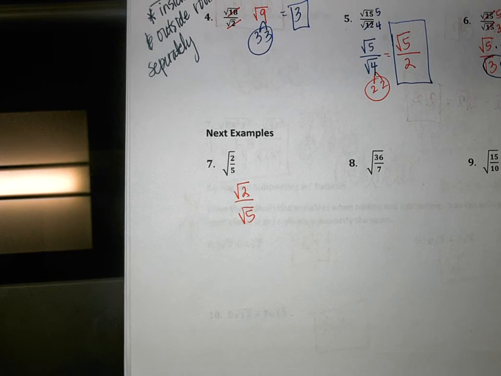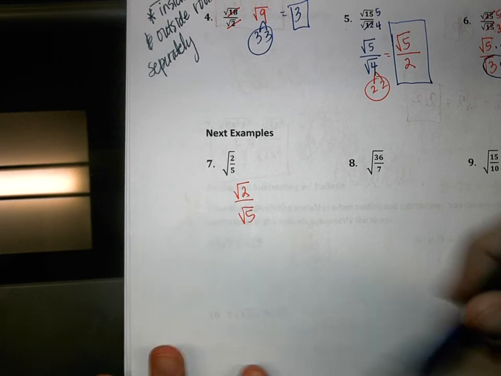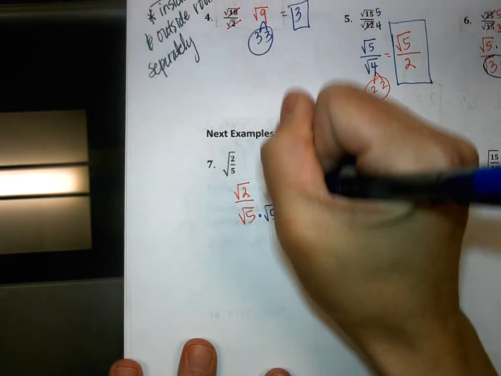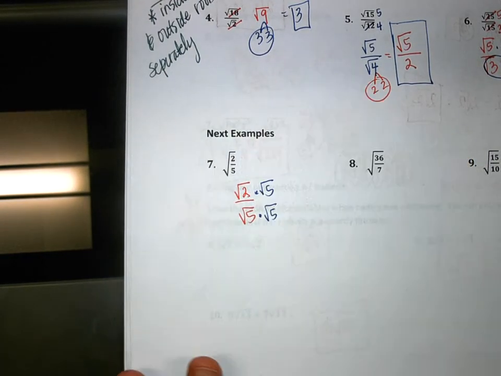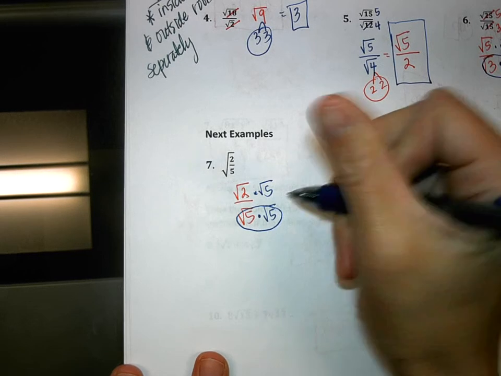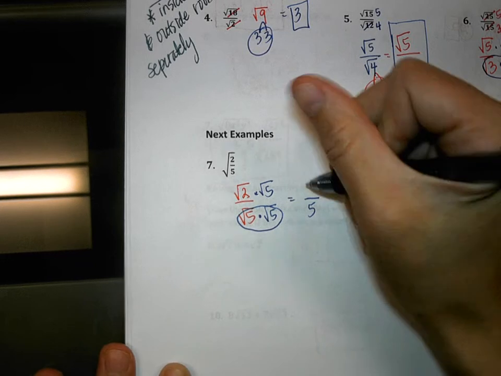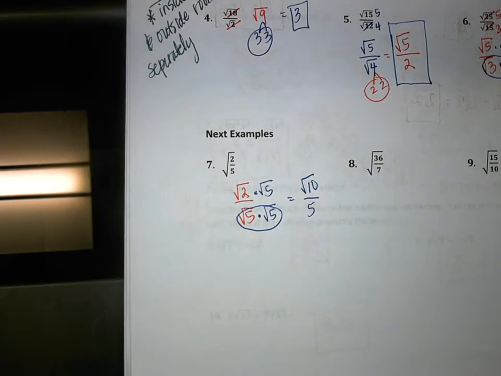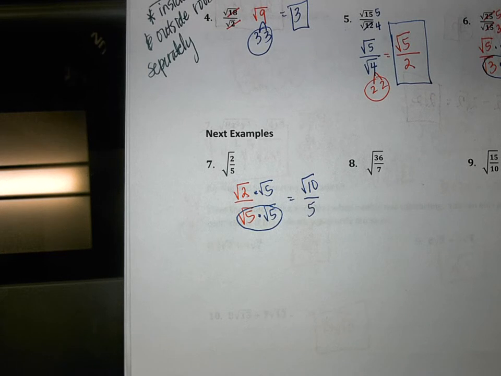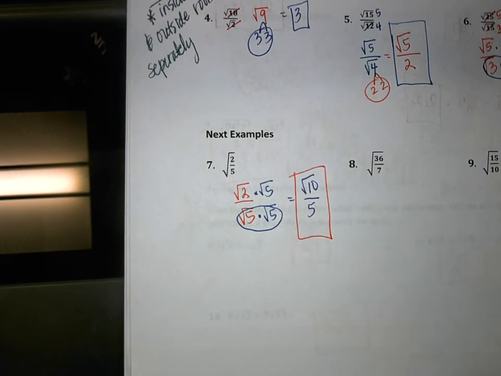Okay? Now, is this an acceptable answer? No. What do I need to do? Multiply by root 5. Very good. Multiply by root 5 to both the top and the bottom. Okay, my denominator then becomes, very good, and the top will be, very good. Can I reduce the 10 and the 5? No, why not? Good, one's in a root and one is not in a root. Okay, they have to both be under roots or both not in roots. Okay, I'm going to keep asking you these questions because hopefully the more times you think about it, you will